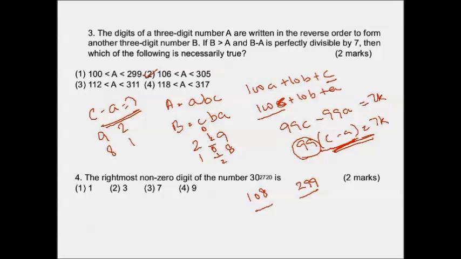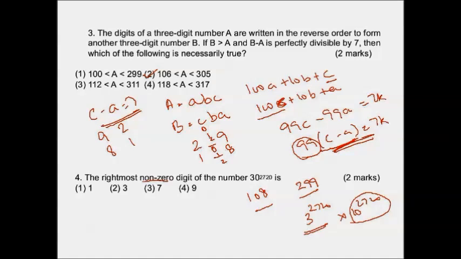So move on to question number 4. The rightmost non-zero digit of the number 30 to the power 2720, he is asking you. So I can break this into 3 to the power 2720 into 10 to the power 2720. This will give you all zeros. But the question is asking you the non-zero digit, which will be coming from only 3 to the